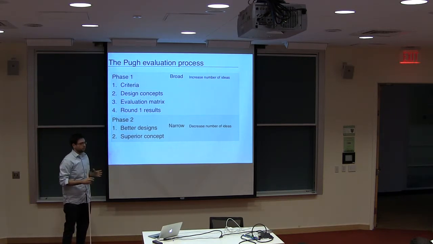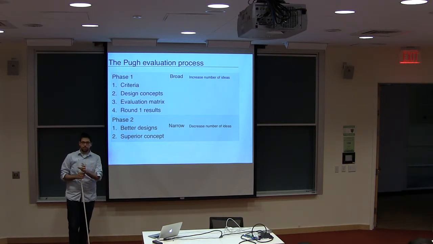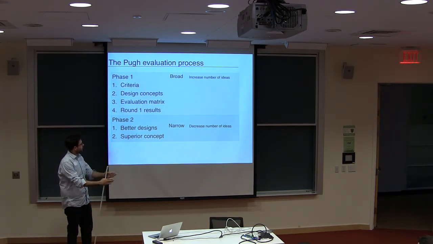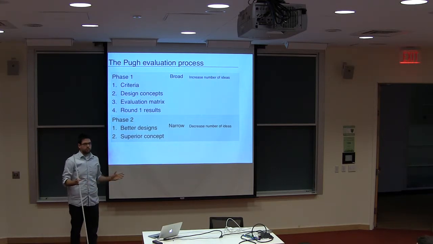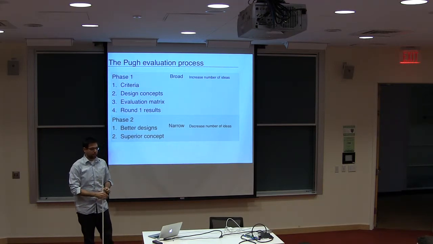The next is to actually figure out a few concepts to solve this problem, then create an evaluation matrix and run through the evaluation, and then narrow down your designs and reach a superior concept. So really the key is going from a very broad number of designs in your general brainstorming area, and then narrowing it down and honing in on a very